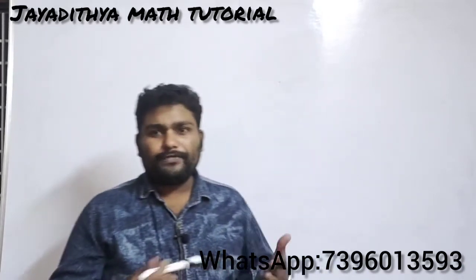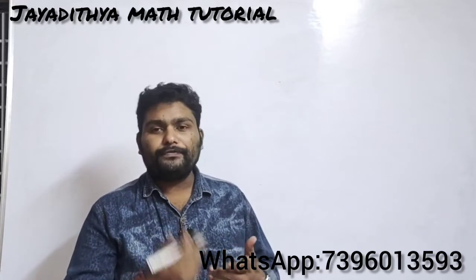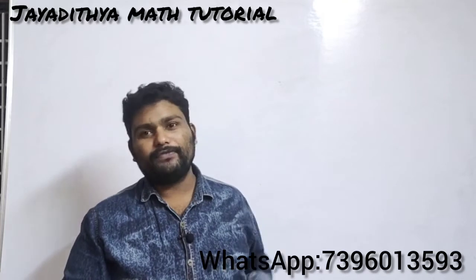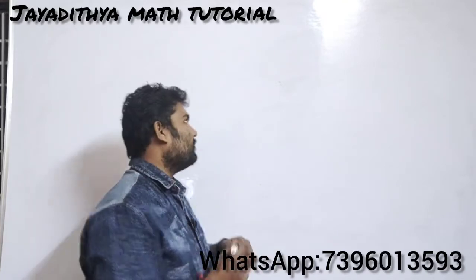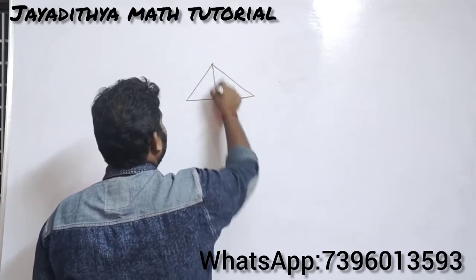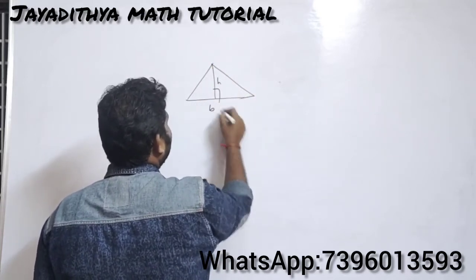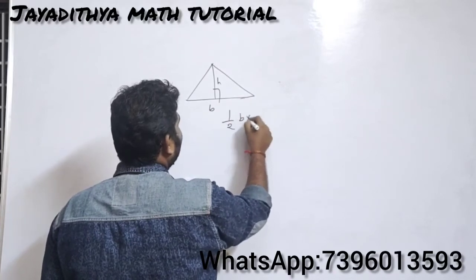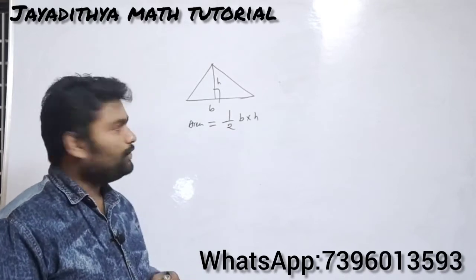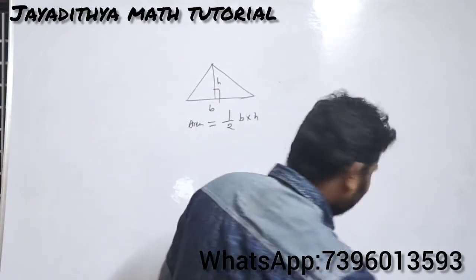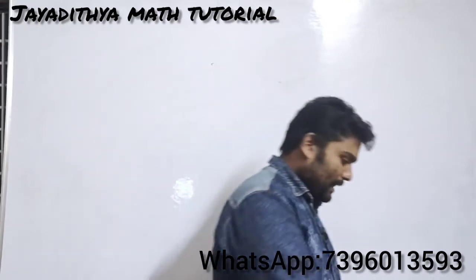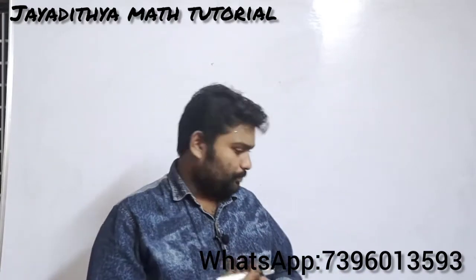So that is the area of the sector, and if you want the area of the segment, what should you do? From the area of the sector, you need to subtract the area of the triangle. What is the area of the triangle formula? If you take this as height and this as base, the area of the triangle will be half into base into height. This is the basic concept, everyone knows this. Clear? Now let us use this and try to solve some problems.